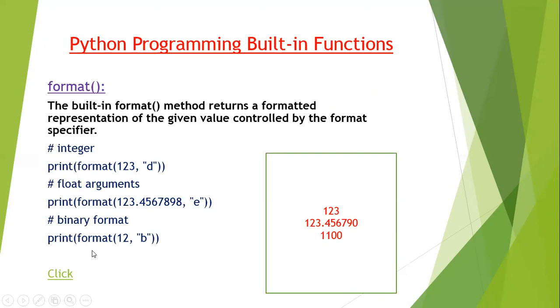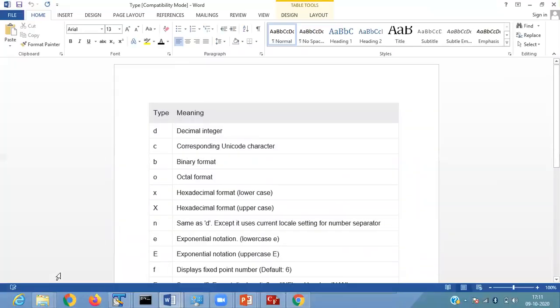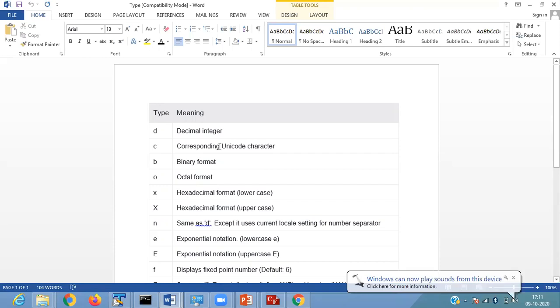Now what is that b, d, e? Let's check here. So here d for decimal number, c for the corresponding Unicode character, b for binary number, o for octal number.